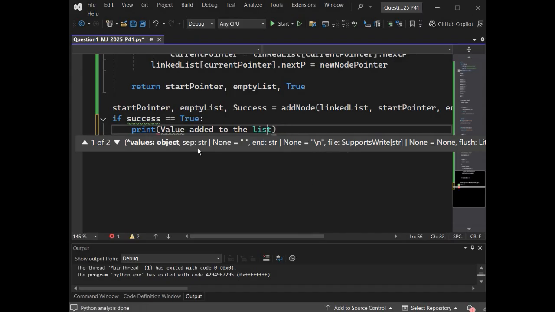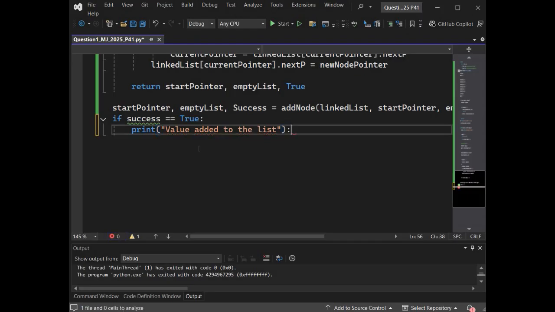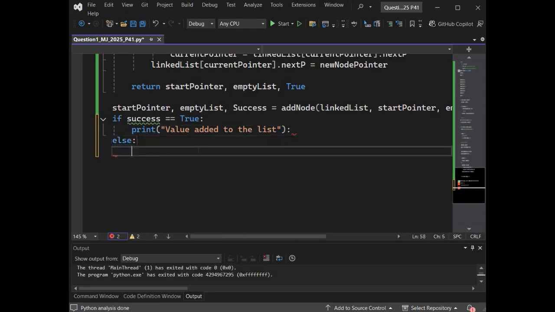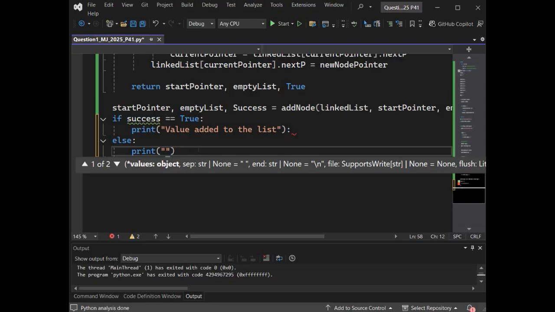Like I said, I'll deliberately be messing up at places in order to show you what can go wrong during your exam and how to fix that. But sure, if you want to take it as I don't know my code and I don't know how Python works, you can assume that, I don't mind. Else, a value couldn't be added.